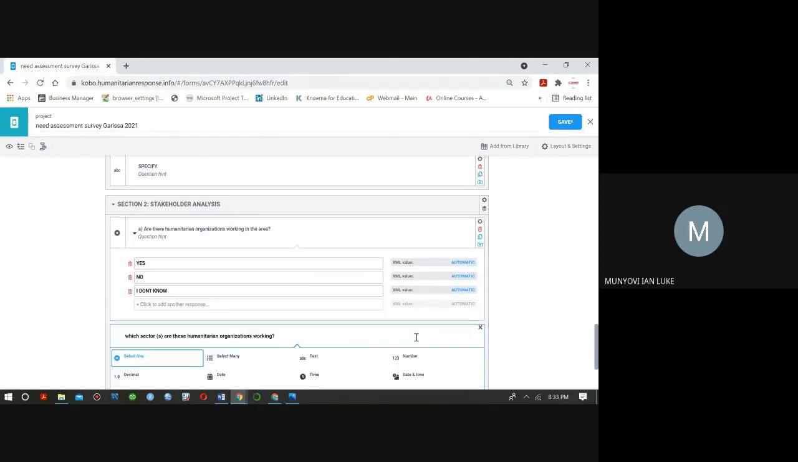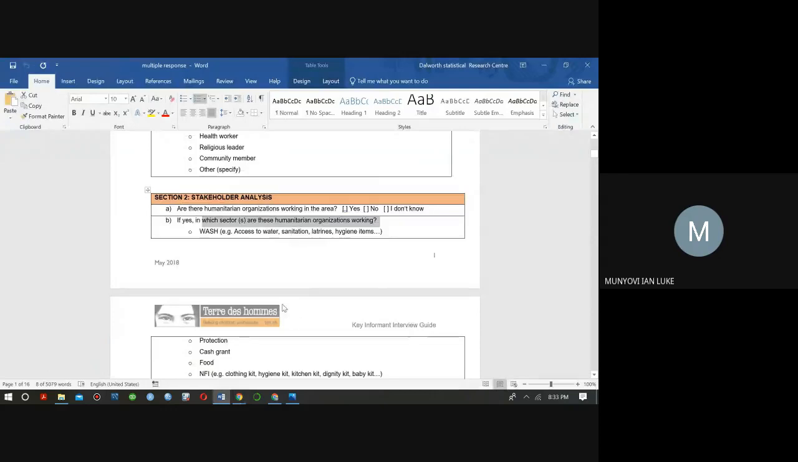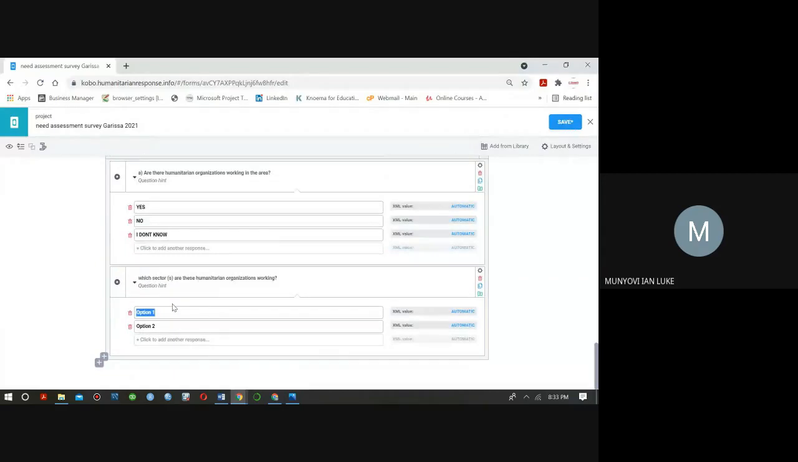And then I'll now go to the option of the response. So with the response of which sector, it's supposed to be a select one. That means they might be under the WASH sector. Select one. The first option is WASH. The second option is